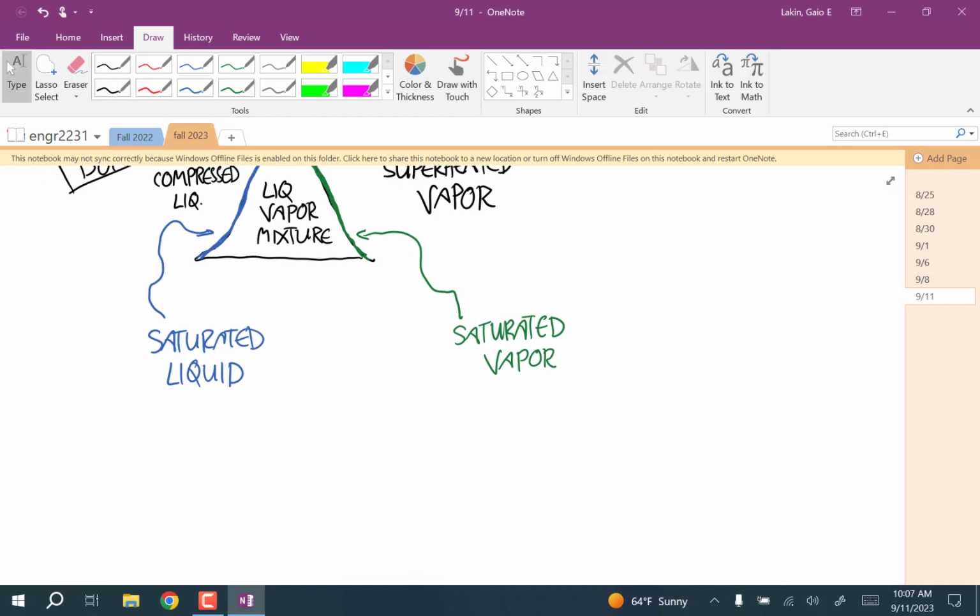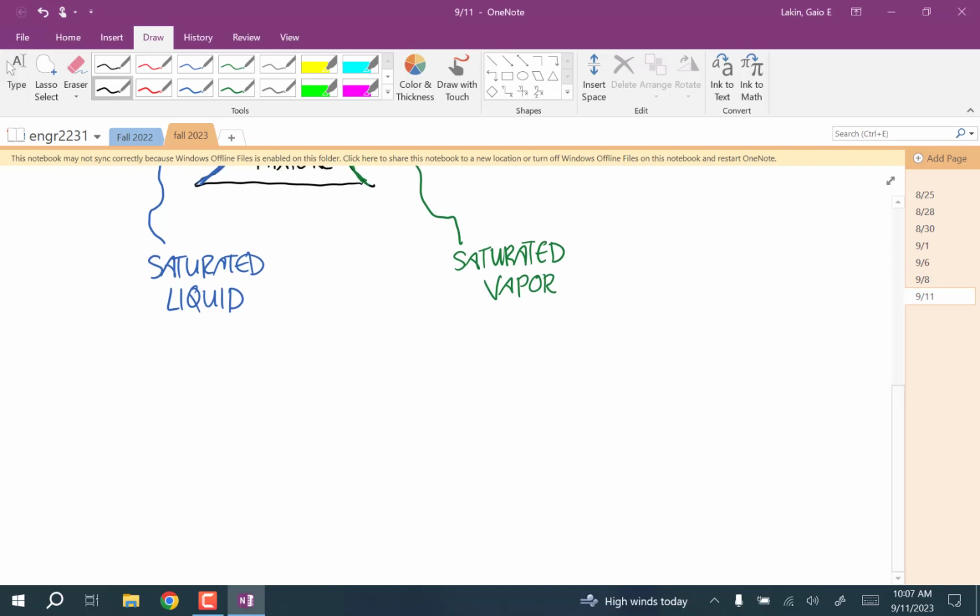One of the reasons that saturation is important is, remember, if a substance is not at saturation,